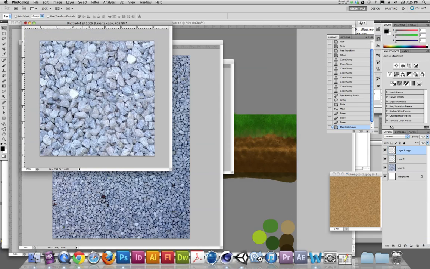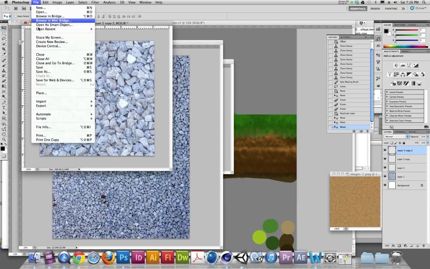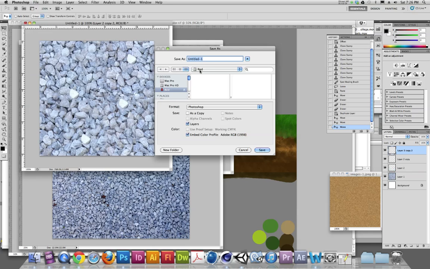Just duplicate the layer that rock is on, and now I have a rock where I can just cover up some pretty problematic areas. So now if I use that white rock, that really starts to jump out as something that will be repeated, but you get the idea. We got some rocks that we can throw around. There we go. And what I can do now at this point is I'll just do a quick save as,